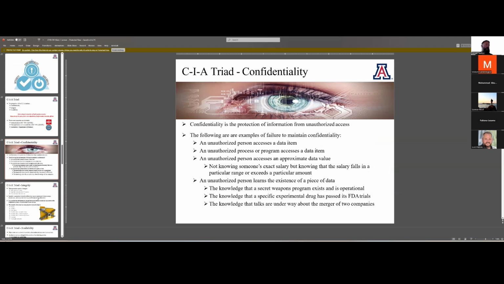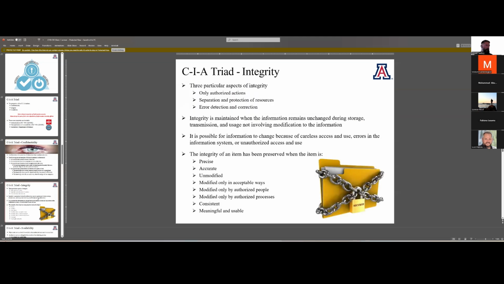You can also handle access to environments through authentication, right? Strong authentication, dual factor, multi-factor. But confidentiality, especially when we talk about protection of information from unauthorized access, is going to be taken care of via encryption.